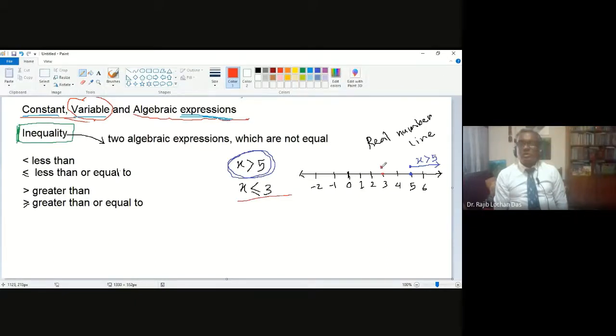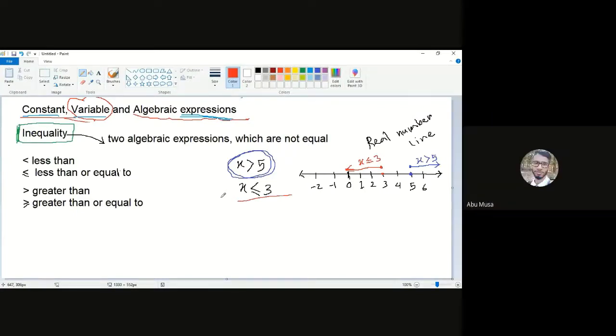And there is a dot, and it will go to the left side. Why left side? Because it is less than. So x less or equal to 3 is the left side arrow mark, because it goes less and less and less. So left side is the less. Is that okay?